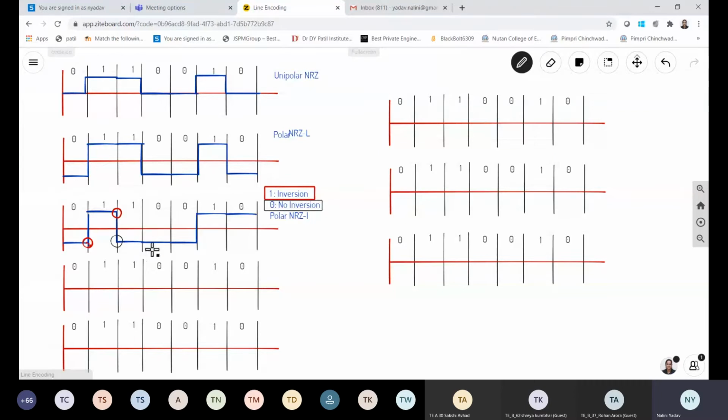So you can see these black holes, no inversions. Sorry, control Z. So here, no inversion. Again there is a 0, no inversion. At this moment, 0 के बाद क्या डेटा है बताओ बेटा? 0 के बाद है 1. So there will be inversion here. After 1, what is the data? 0. So here again there is no inversion. Understood all of you? I hope this polar NRZ is clear with every one of you.